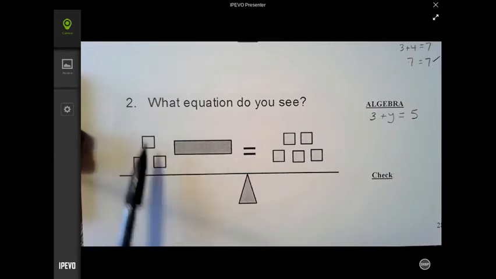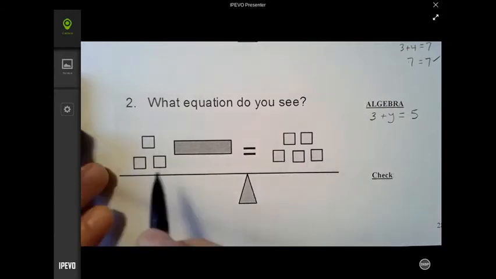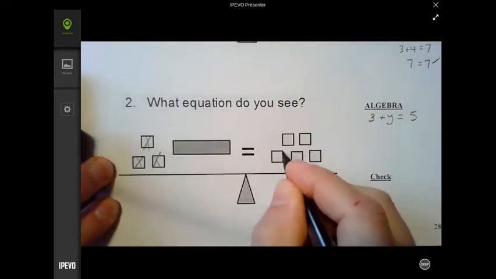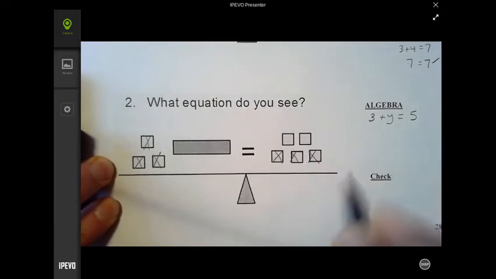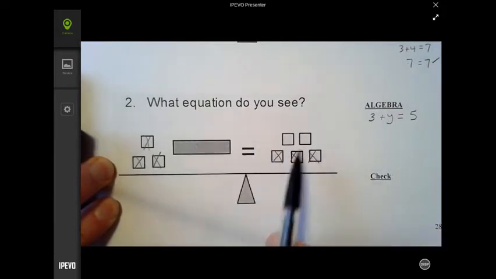We want to get rid of these 3 squares, but if I take away 3 squares on the left, I have to be able to take away 3 squares on the right. And fortunately, I have enough over here where I can do that. So let's go ahead and take away 3 squares from the left, and then we'll take away 3 squares on the right. And now we can see our variable on the left is equal to the 2 squares that are